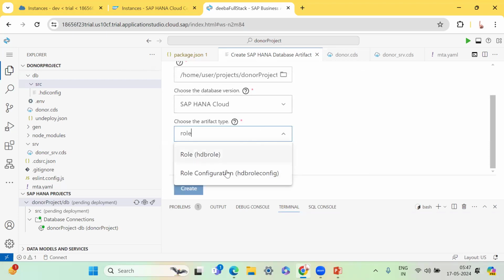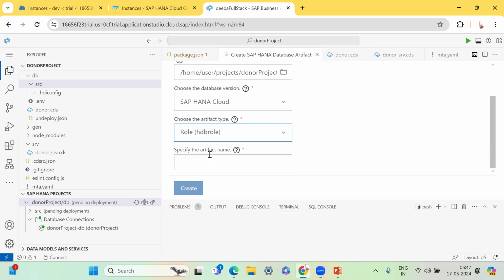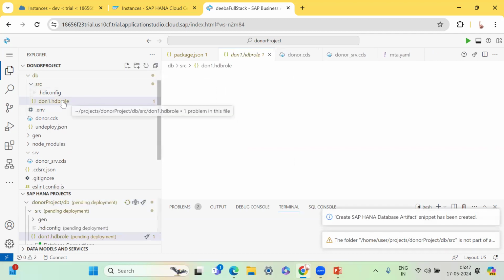You see, there are two things: hdbrole configuration, hdbrole. So I'll just go by hdbrole, and the role configuration file, as I've seen, gets automatically created, although we don't need it. So let's try to give the role. There should be Don1, say, because there are two roles in it. So we say Don1, and create it. And in this Don1 role, we're going to actually,